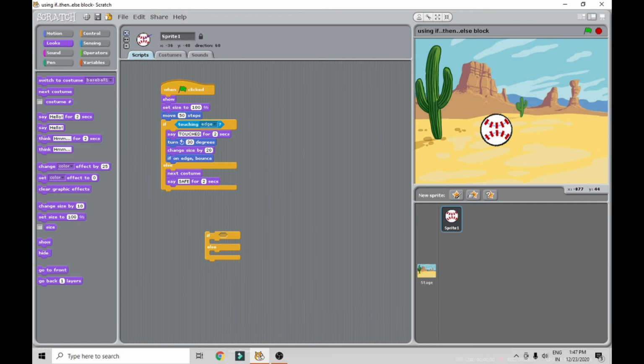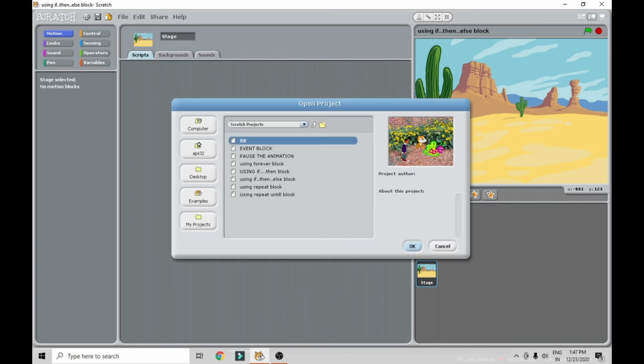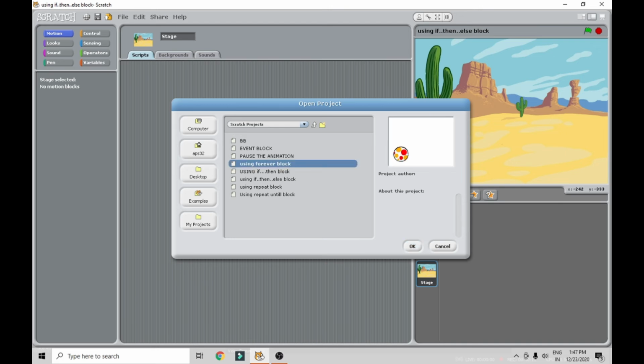Now see here, first one we will check out the forever block. So forever block means it will always repeating the execution. Now see here, open, just delete out this. So which one I want now? Forever, using forever block.